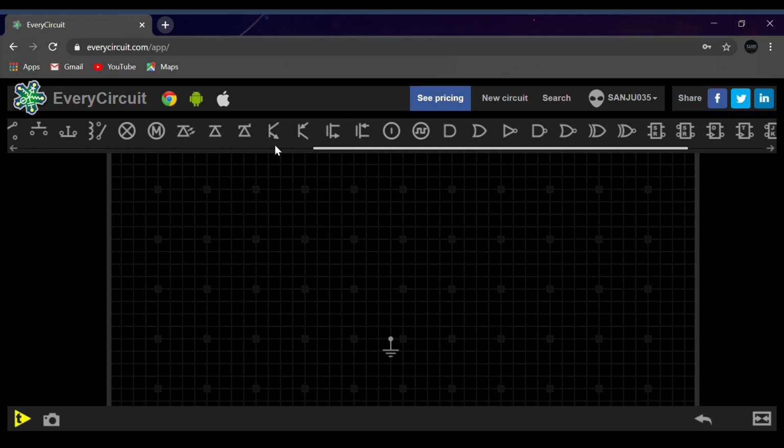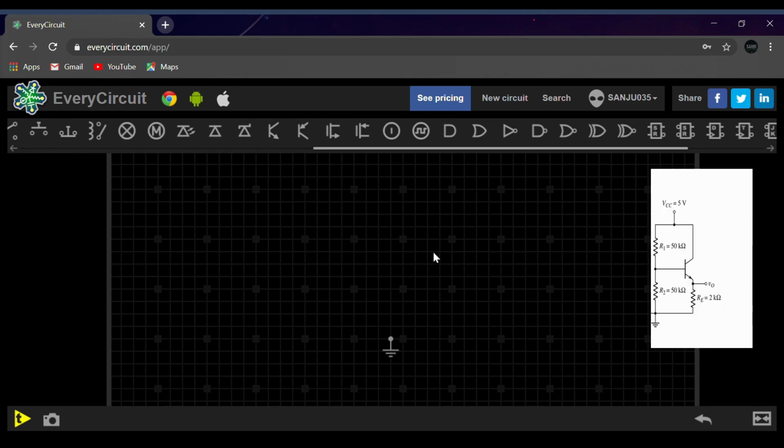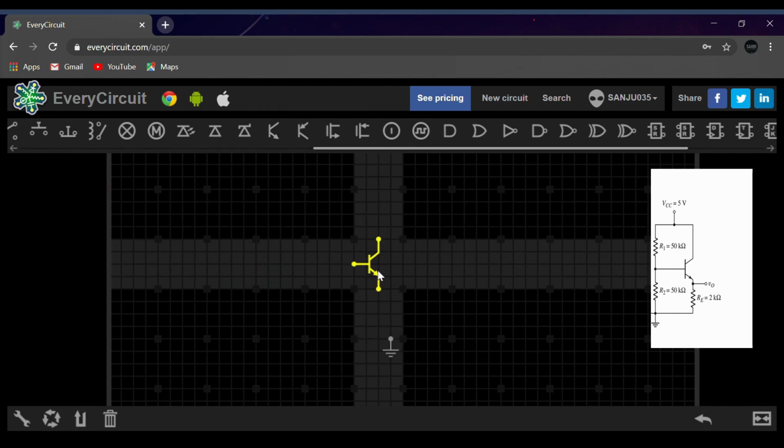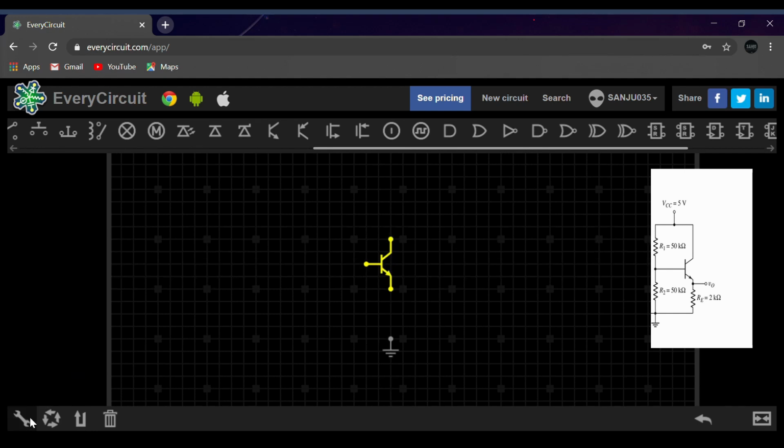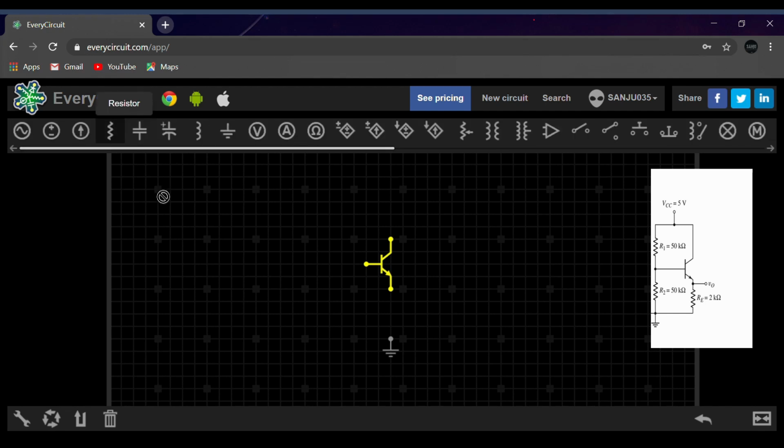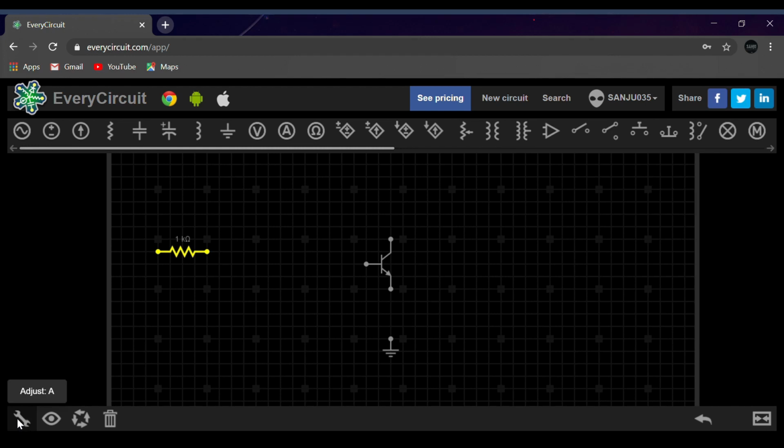So now let's do the DC analysis of the common collector amplifier circuit. Here, as you can see on my right side, first we need an NPN bipolar transistor. So I'm taking it, keeping it here, and now let us take a resistor for our emitter. This will be the RE resistor, and as you can see here, the value is given as 1 kilo ohm, but in our circuit we have 2 kilo ohms. So we can go to this adjust option here. We can change the value to 2 kilo ohms,